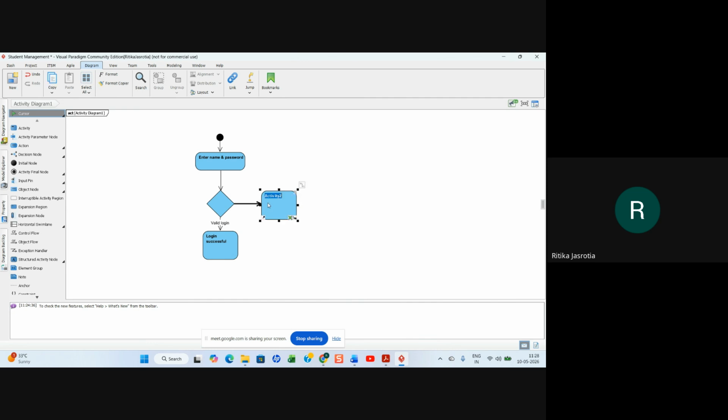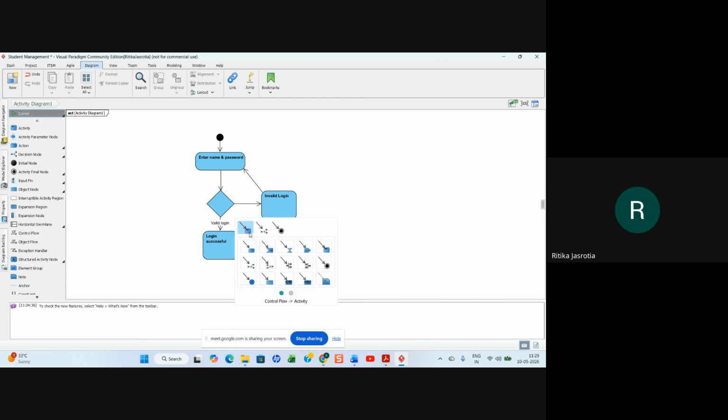And this is the invalid. So for invalid login, we have to take it to the activity. Which activity? I'll write here, enter name and password. So if it is an invalid login, it will go back to this.